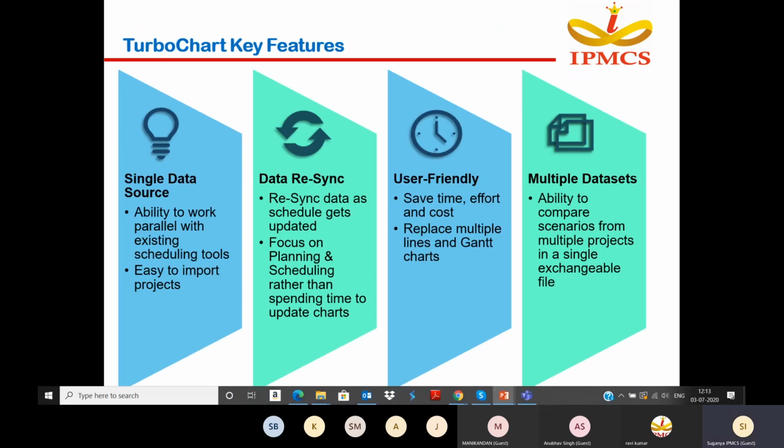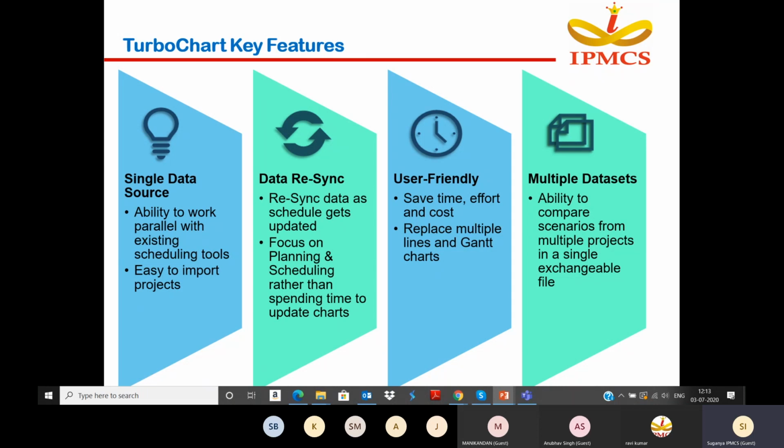Key features of TurboChart. It has a single data source. Ability to work in parallel with existing scheduling tools, and easy to import projects. It has data synchronization. The first time you import your schedule from Primavera, MS Project or any other existing project management software into TurboChart, the second time you don't want to import again and again.